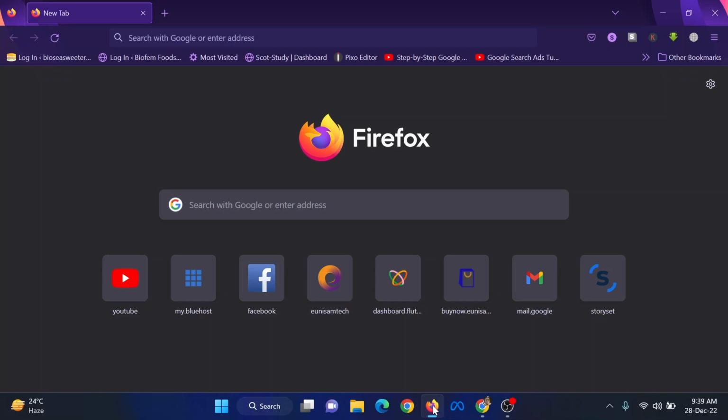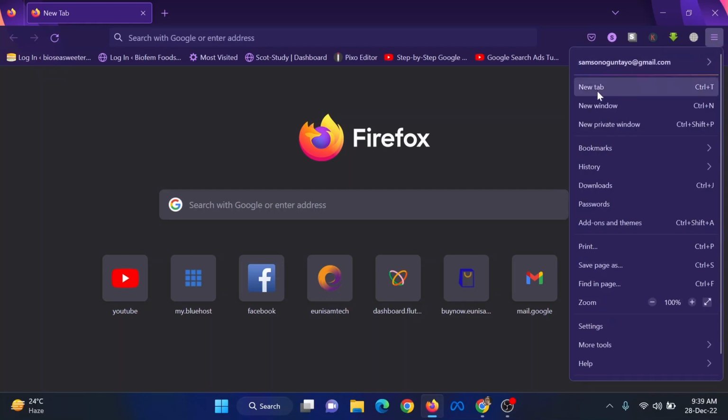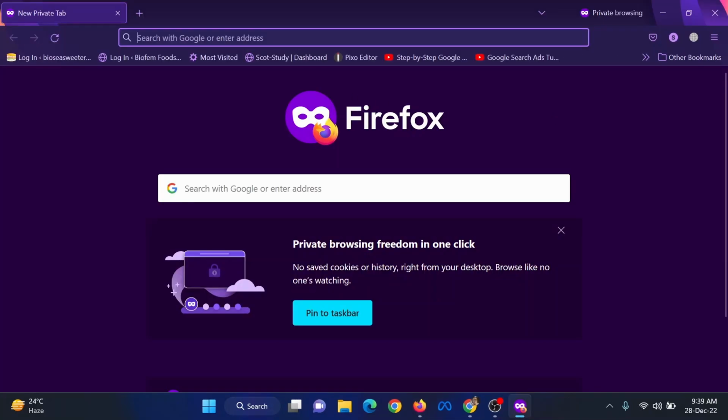Sign into your account. So I'll use someone's account. I won't use my own, I'll use someone's account. So let's start. I'll open in private mode and go to